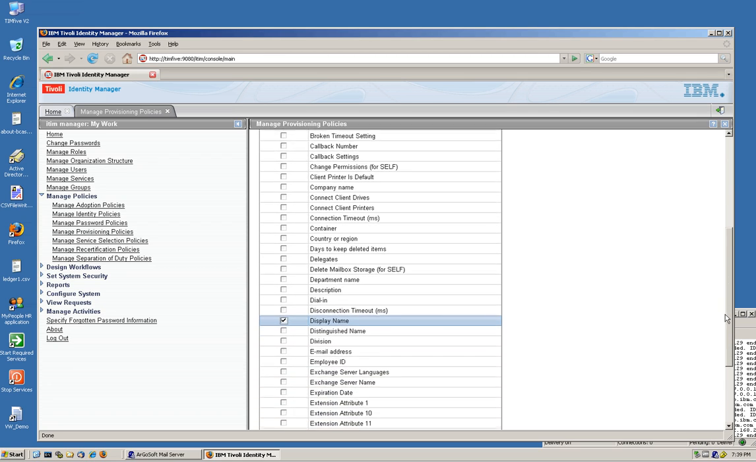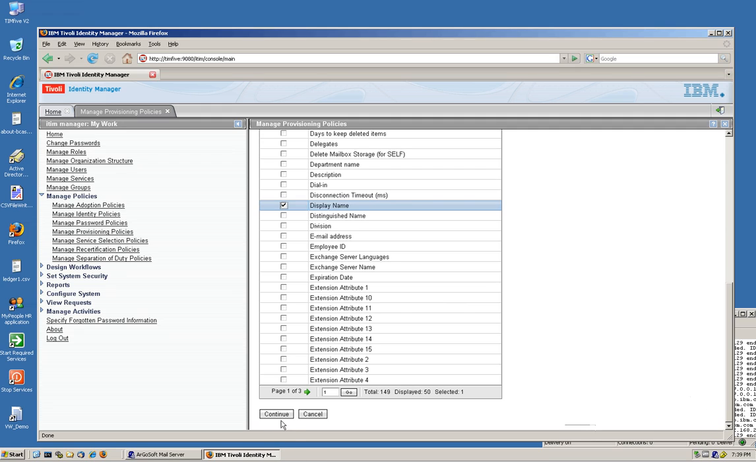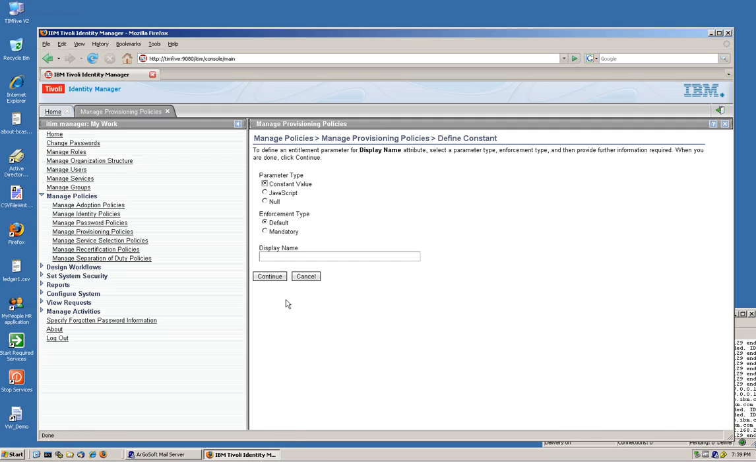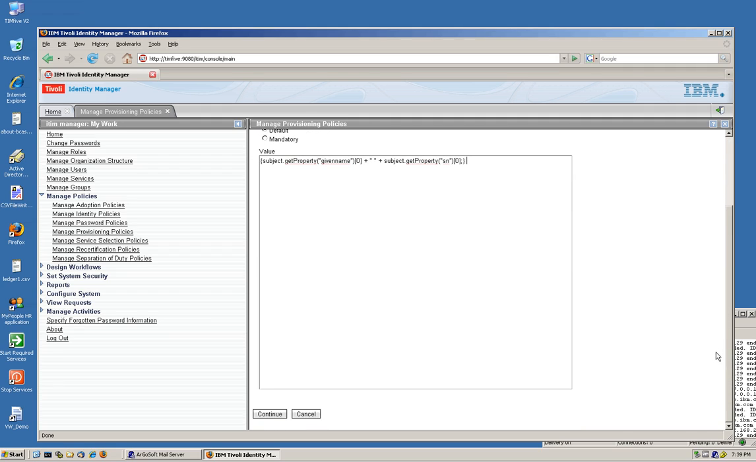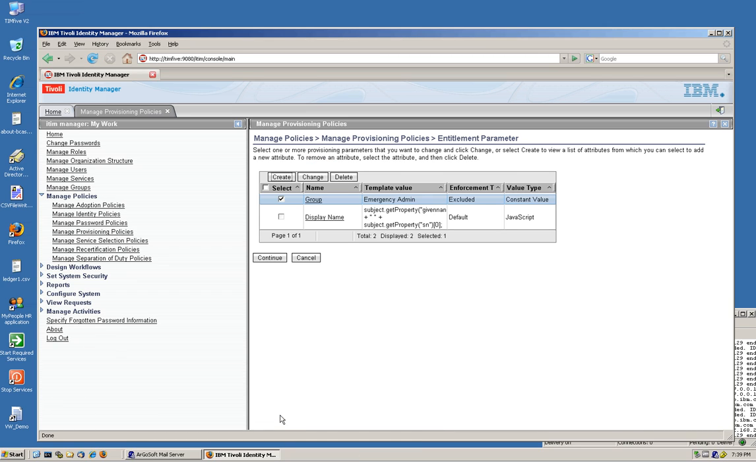So we select display name, click continue, and in here, instead of a constant value, what we actually want to do is use a simple JavaScript to take the first name and concatenate it with a space in between and the last names. Very simple case. We go ahead and click continue,